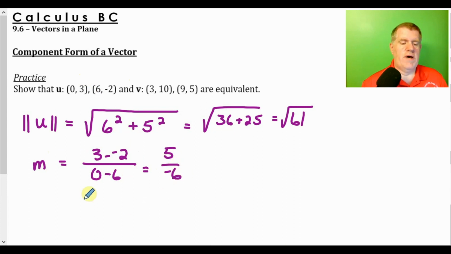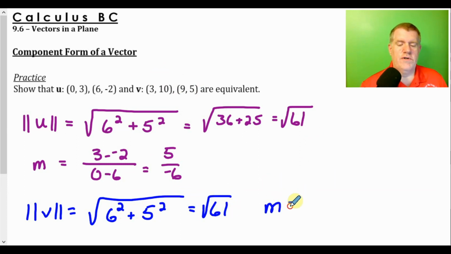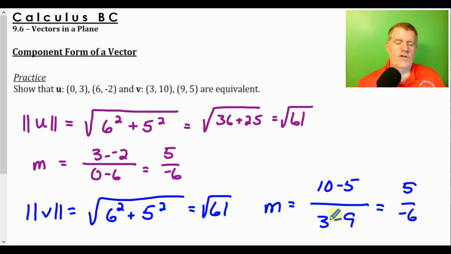All right, what about the magnitude of v? And you can kind of see what's going on here. The distance between 3 and 9 is 6. The distance between 10 and 5 is 5. There we go. Still the square root of 61. Those are the same. The slope would be 10 minus 5 over 3 minus 9, 5 over negative 6. You have shown because they have the same direction and the same magnitude that they are